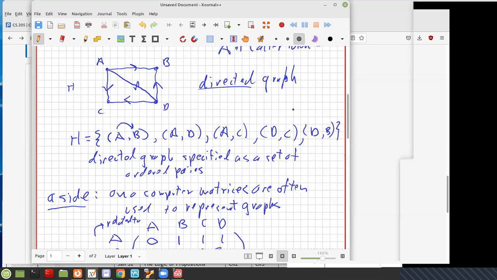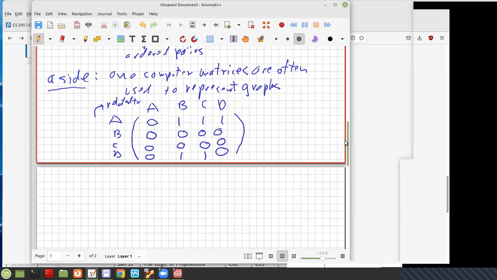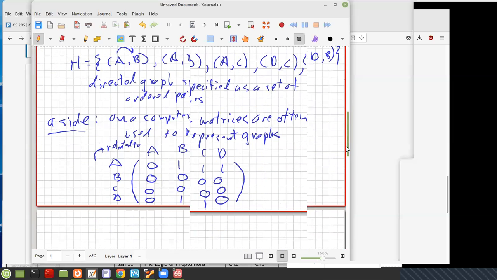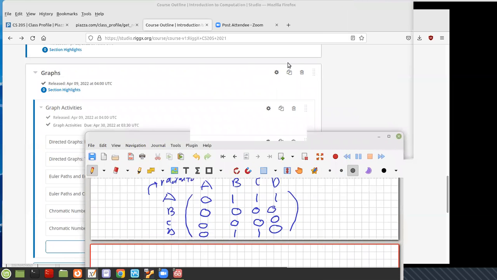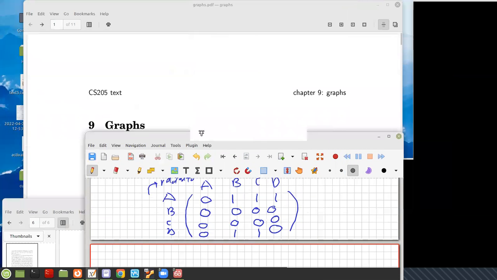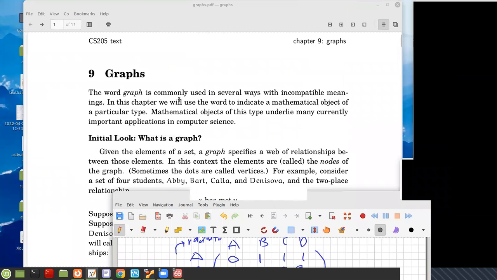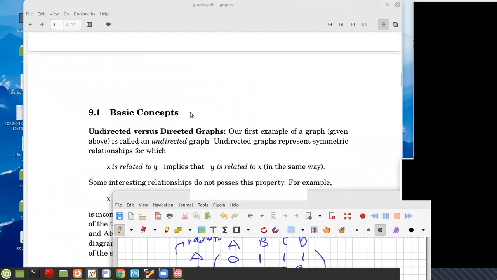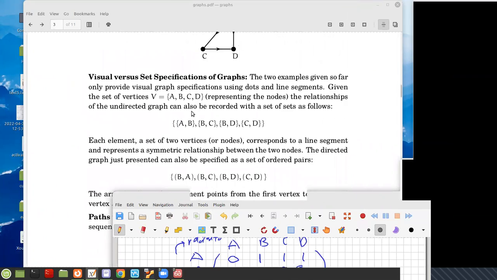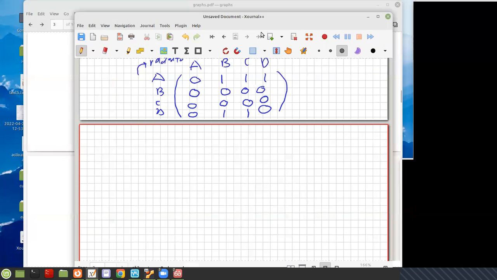Sometimes you can just do it as a list with certain conventions. Okay, so that's what's described here. What is a graph? I gave some examples, how they're used, directed versus undirected graphs, set specifications,